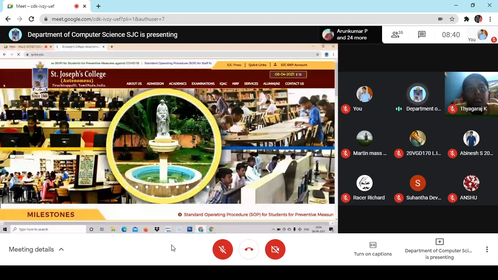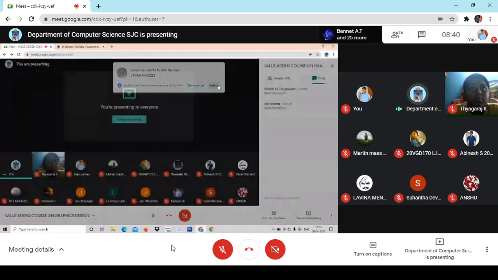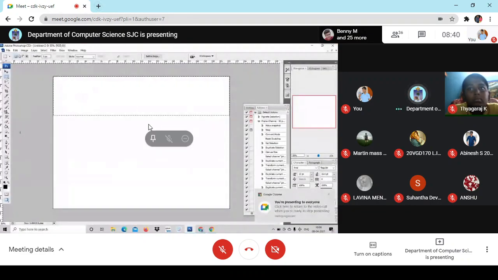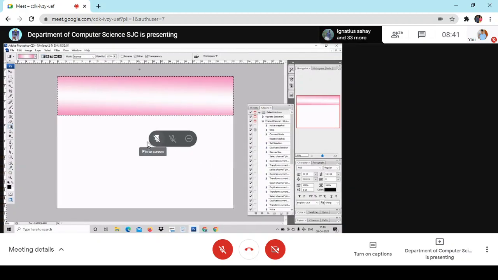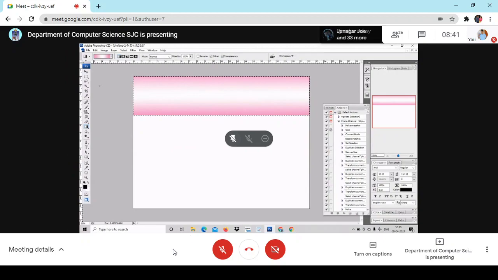See, this is all designed by, see, I'm just clicking on the top and I'm going to give the two-color gradient. I'm going to use the gradient. I'm going to use the gradient color. Look here, I'm just using gradient. Am I clear to you? Right, gradient color. Right here at the bottom, I want it as it is. See, I have used gradient color on the top. Now I'm going to bring the logo of the college.